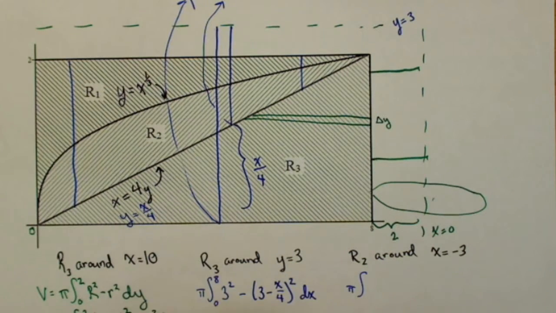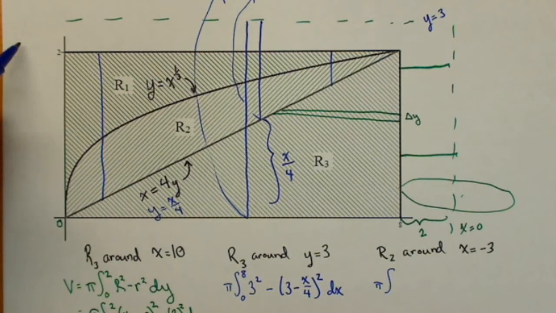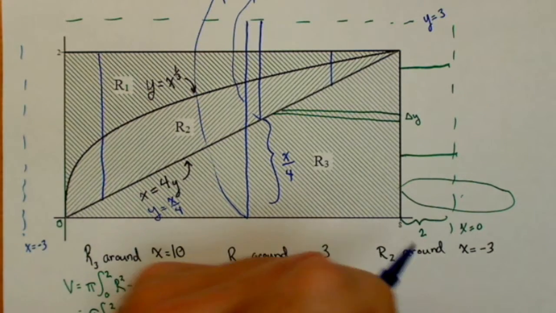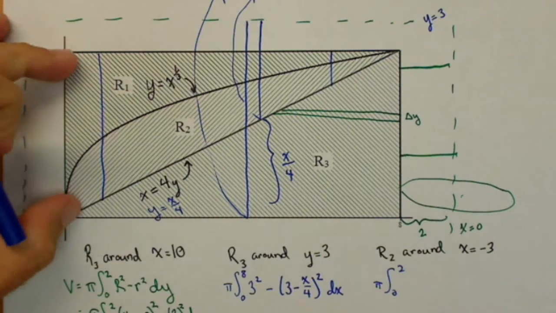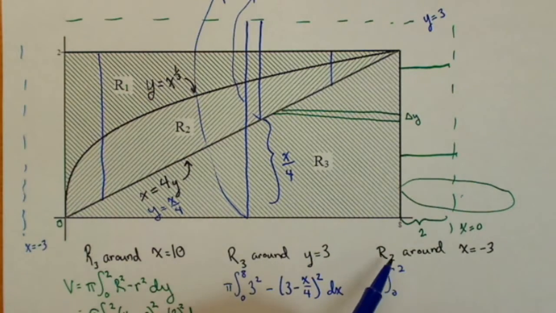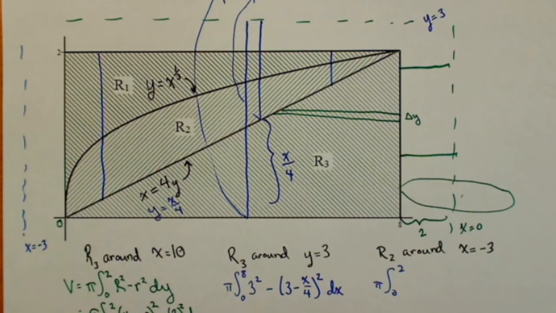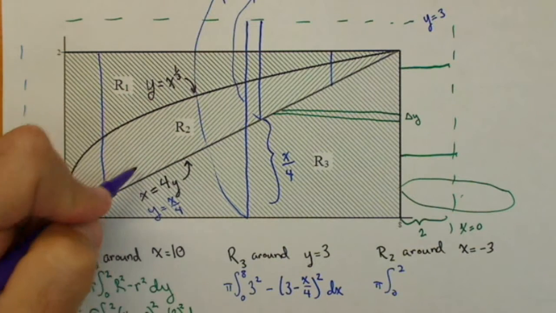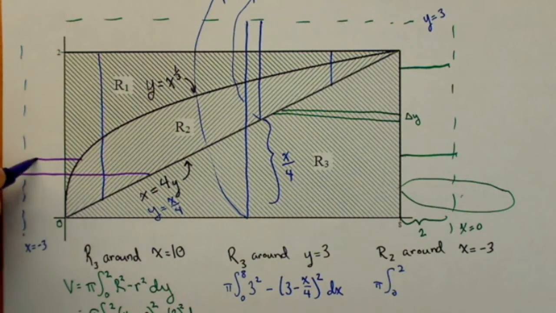Last one, R2 around x equals minus 3. I don't quite have room to write this one, but you can imagine it'd be over here somewhere. So pretend that's the line x equals negative 3. So once again, we can see that we're going to be in terms of y. So it's going to go from 0 to 2, because we're going in terms of y. We're revolving R2 this time. So we need our large radius. Again, let's maybe switch colors a little bit to help. Our large radius and our small radius, those are going to get revolved around